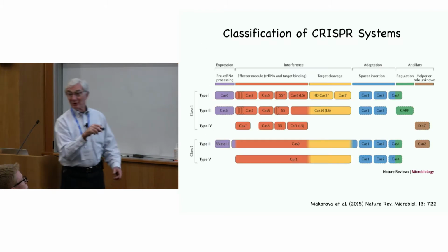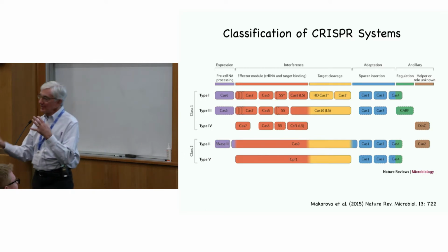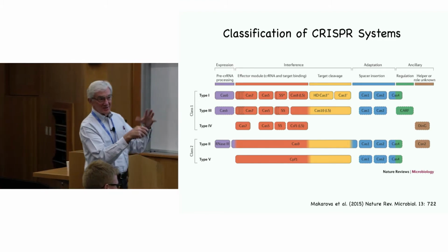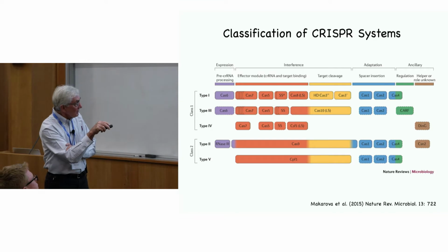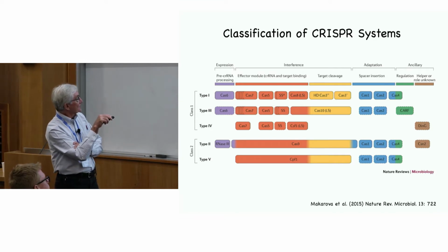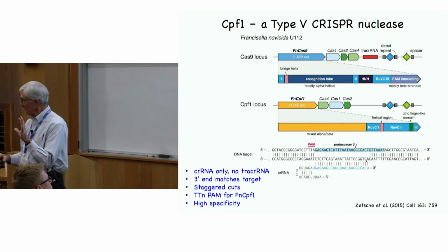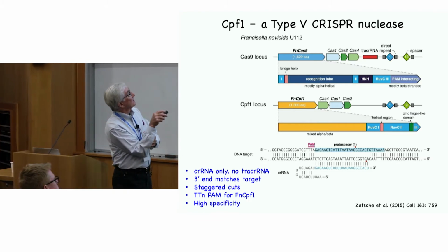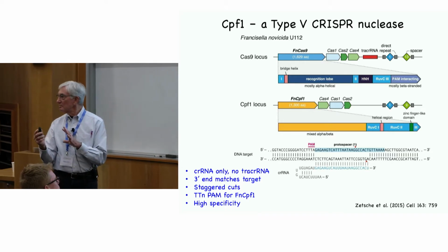Jennifer showed a later version of this slide. Mine's from a review. Eugene Koonin gets a lot of mileage out of this: when more sequences are accumulated, they make more sequence comparisons and they expand the list of these CRISPR systems. But even as of 2015, they had identified this type 5 within class 2, where there are Cas9-like proteins that are called CPF1. Jennifer didn't have time to go over it, although she showed you a slide that illustrated it. This CPF1 has a bunch of differences from the Cas9 system,